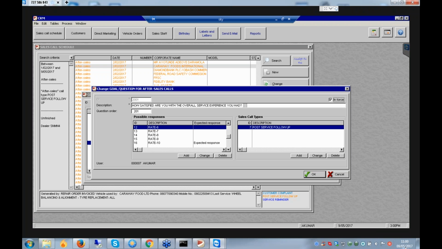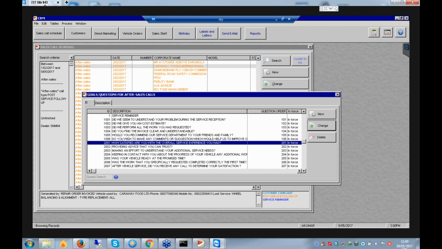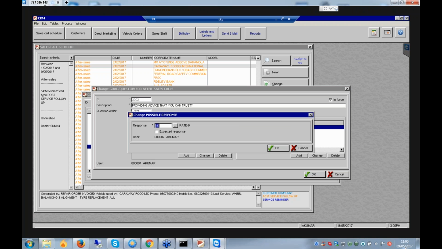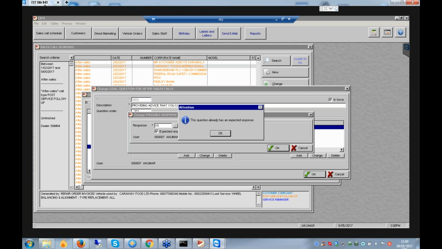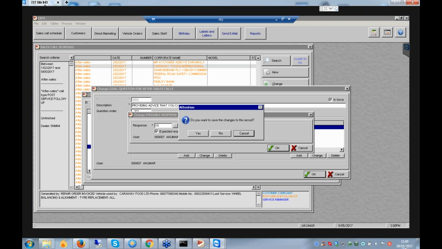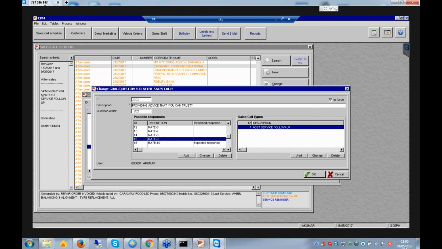No, see, suppose the rating is from 10 to 1. Now you put only 10 as the expected response. Until it is 10, everybody is dissatisfied? How come it is like that, Malina? No, it should not be like that. Hello, Malina? Yeah, it is like that, right? Yes, it's like that. If they select the expected response, they will have the option for satisfied. Only one. If they select any of the other responses, they will have dissatisfied.